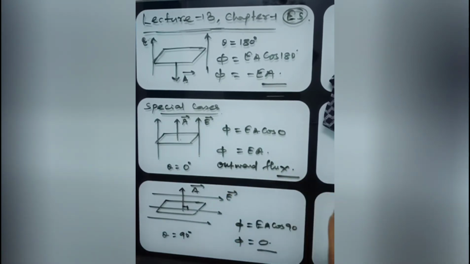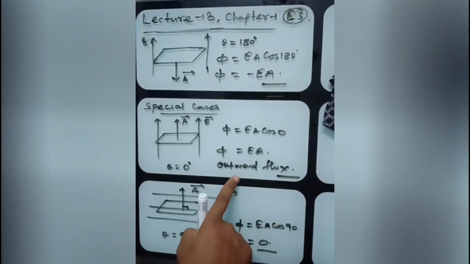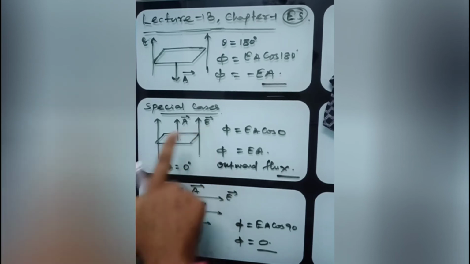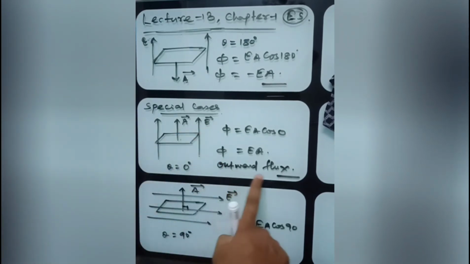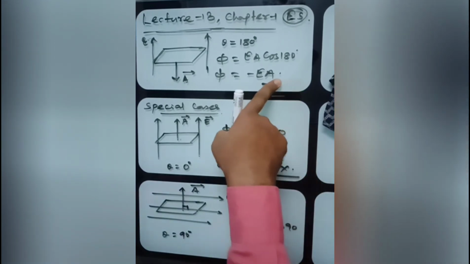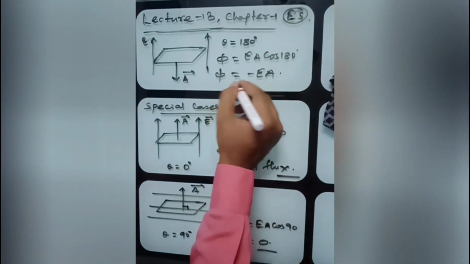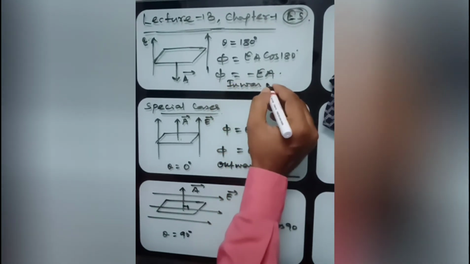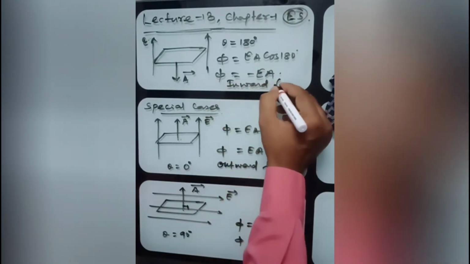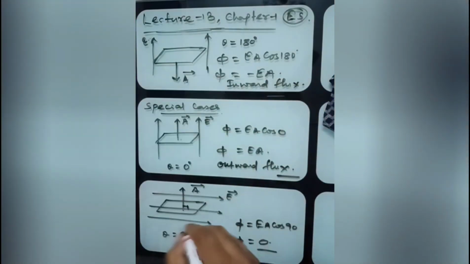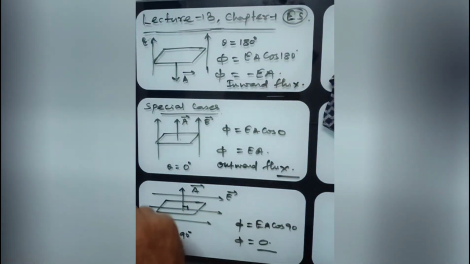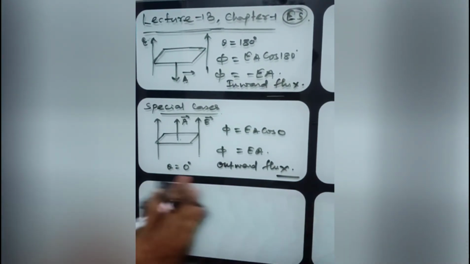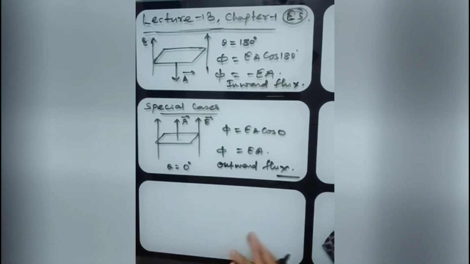Whenever you get the flux, if the angle between the area vector and electric field is 0, then you will write this as outward flux, and this as inward flux. Inward flux. Okay. Now the very interesting thing, my dear students, if I place a cube,